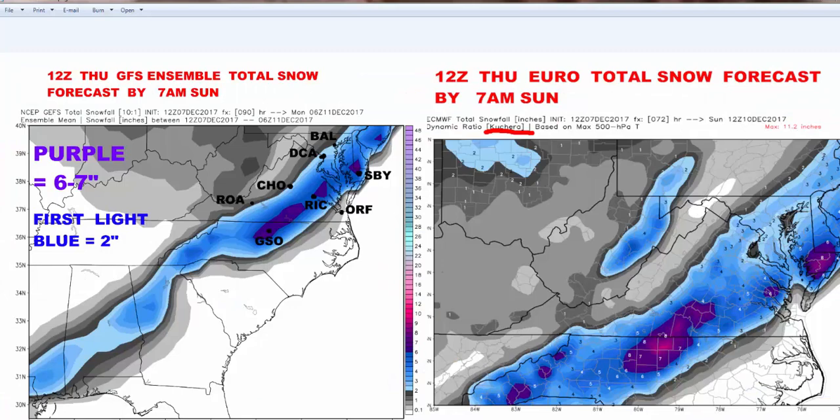Okay, this is the GFS ensemble on the left, which I posted just before. You can see that. And then this is the European. And I'm using the European Kushera. I'm not using the regular European you get from Weather Bell or from Weather US because they're just overhyped and overdone. And they count all mixed precipitation as snow, which is bullshit.